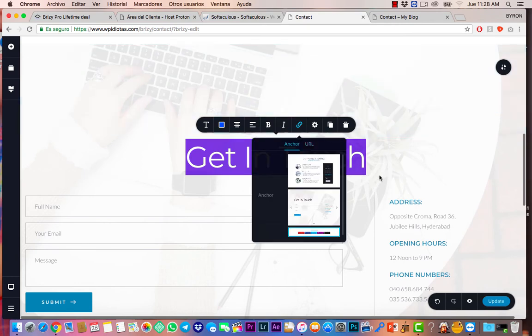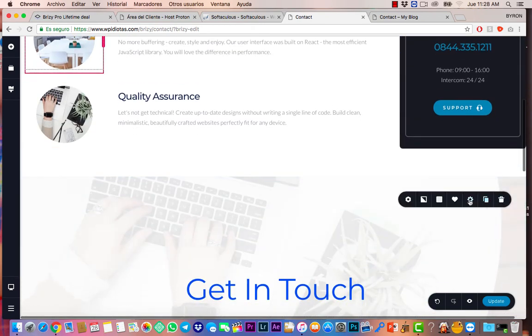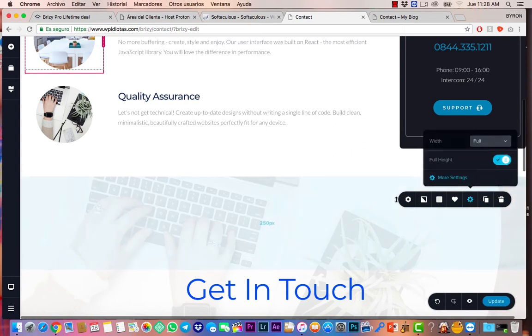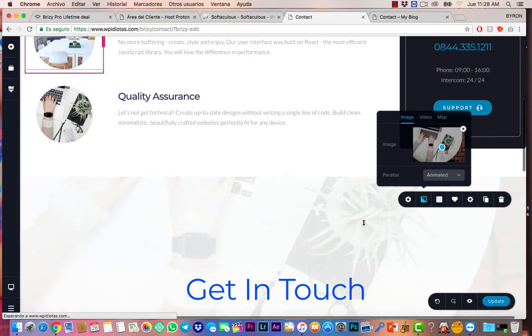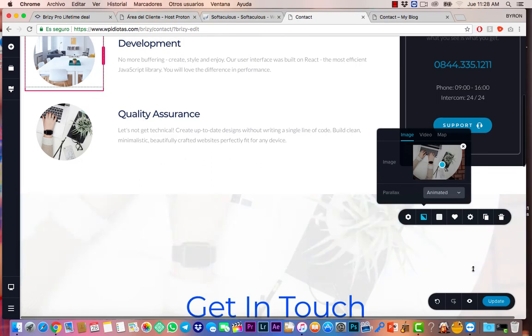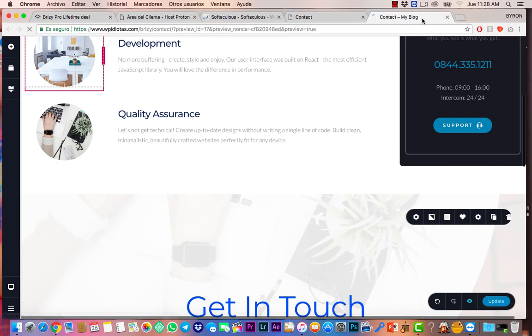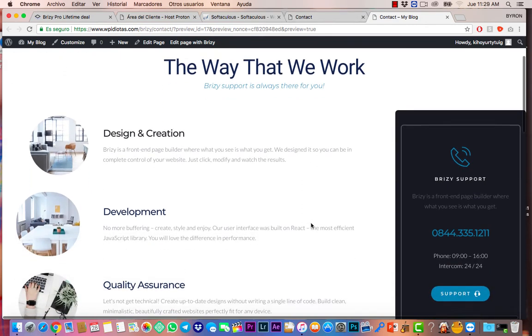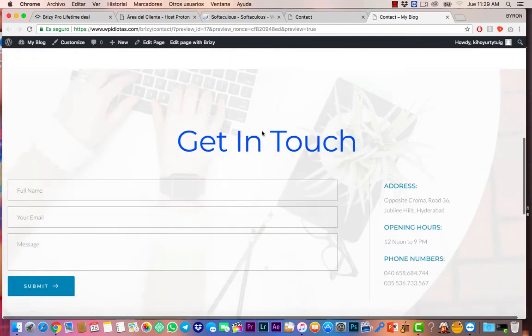I'm going to leave it like that now, and then let's put a parallax effect into this one, so it actually looks kind of nicer than what it was already. Let's go to animate it. Yes, let's do animate it. Let's take a look at the preview. Okay, here it comes. Color change on the top of it. Parallax effect